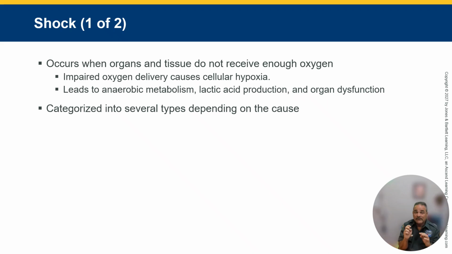Shock. Inadequate tissue perfusion. Period. It is a condition in which organs and tissues receive an inadequate flow of blood and oxygen. Shock is categorized into several types depending on the cause, but it's impaired oxygen. Okay? Impaired oxygen delivery usually causes cellular hypoxia, which leads to the